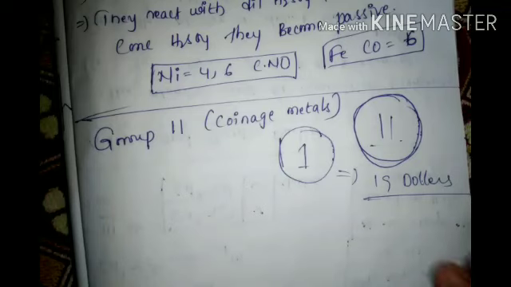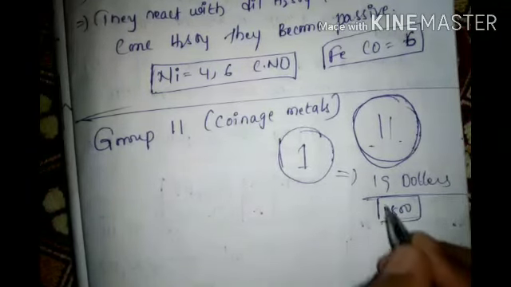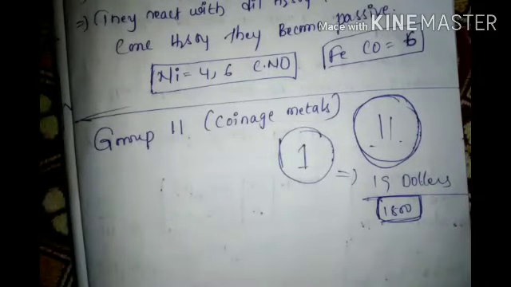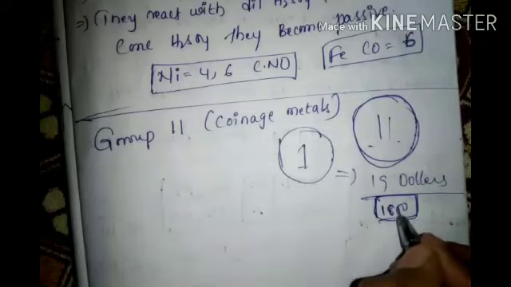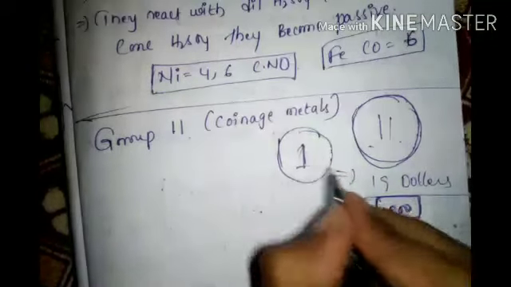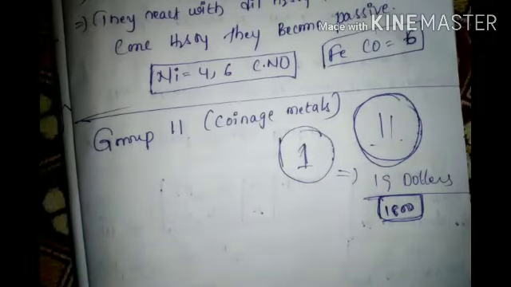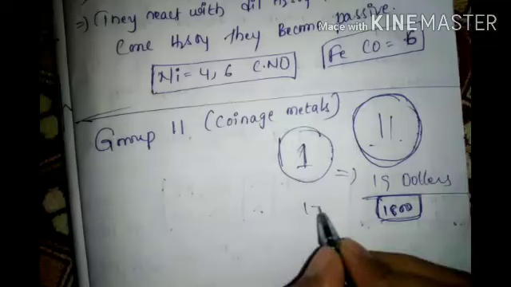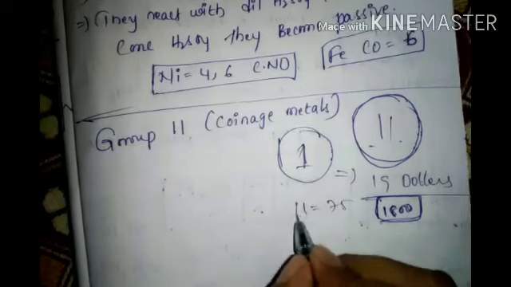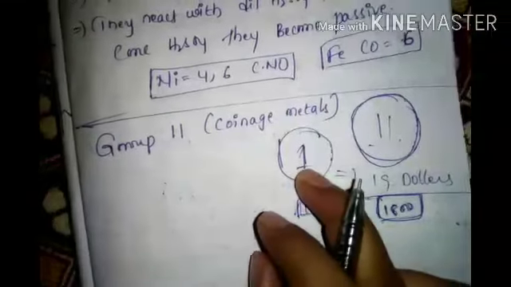In 1800 years, that time. Okay, before the Mughals attacked India, 1800 years or before that, 1 rupee equaled $19. But now $1 equals 75 rupees. What coins are we using here?